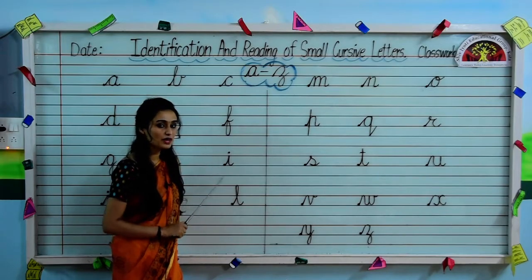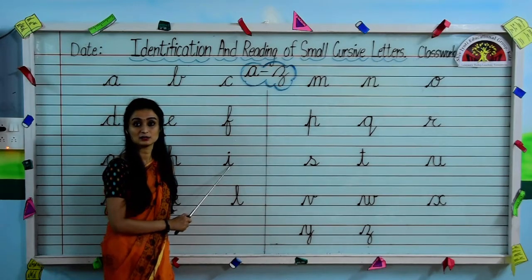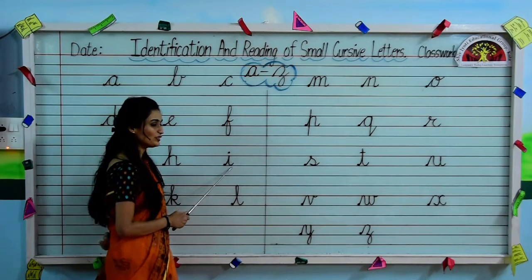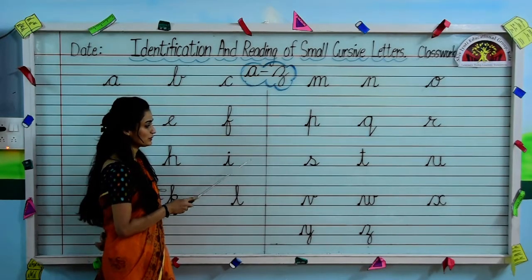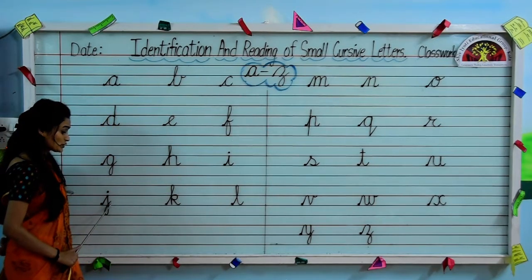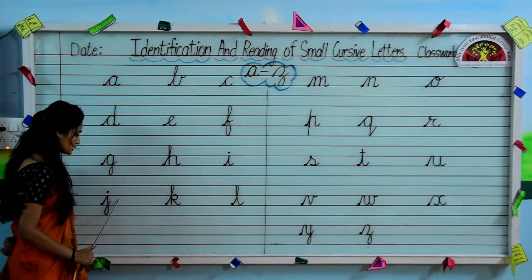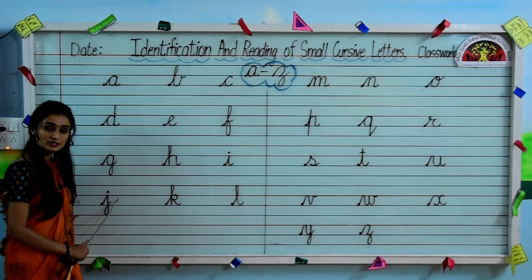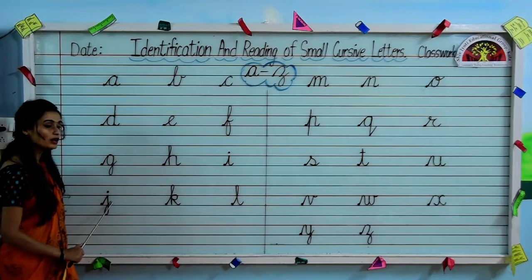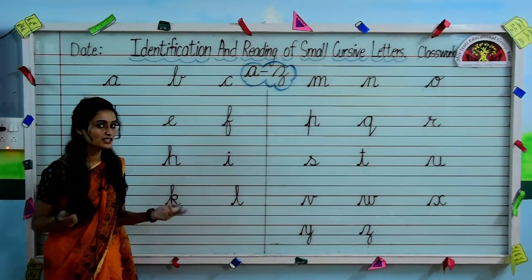Tell me first, which is this one kids? This one is small cursive letter I. I for igloo. This is written between the second and the third line. Very good kids. Now tell me first, which is this one? This one is J. Small cursive letter J. J for jug. Now tell me, what comes after J kids?